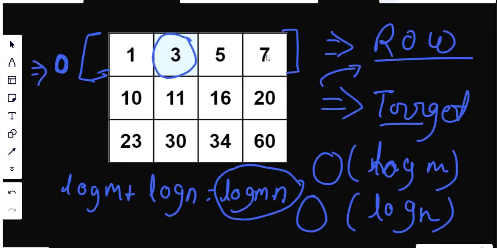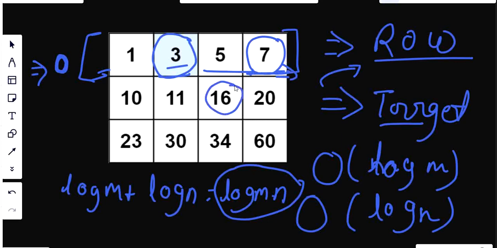And in this row, if my target value is 3, and 3 is lesser than the last value of this row, then I will be applying binary search on this row. Or else, if my target value is greater than the last value of this row, suppose my target